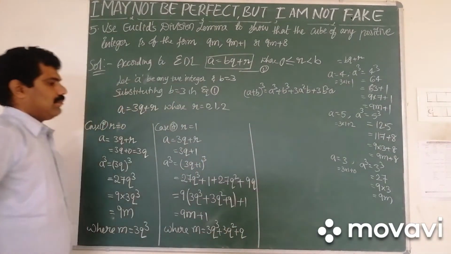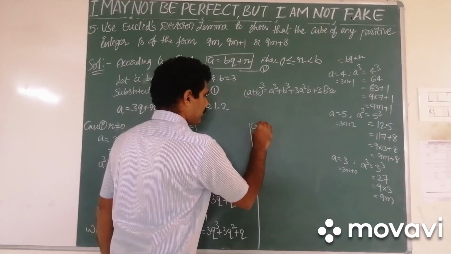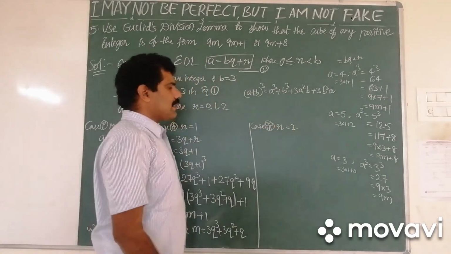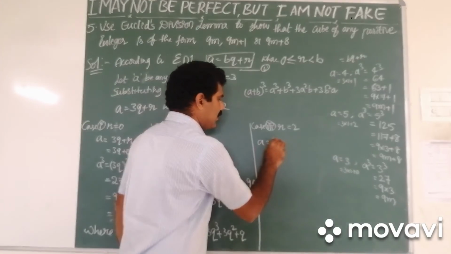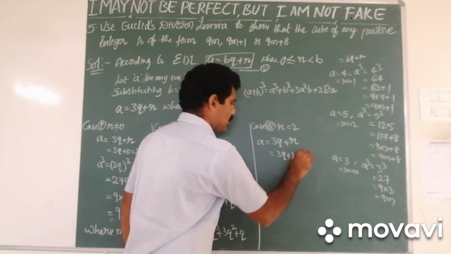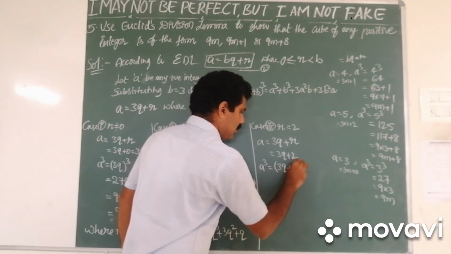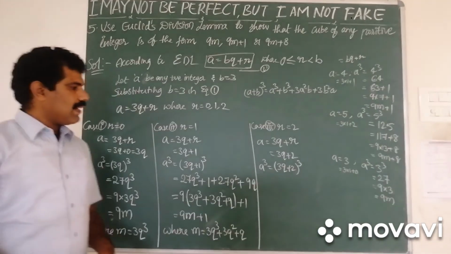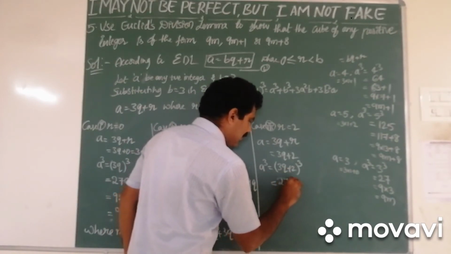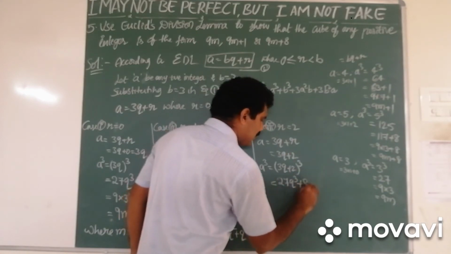Now what if r is equal to 2? Case 3, r is equal to 2. If r is equal to 2, then the value of a will be 3q plus r, that is 3q plus 2. What is a cube then? 3q plus 2 whole cube. Now we have to apply the same formula here. Now a cube is 27q cube plus b cube, that means 2 cube. 2 cube is 8, plus